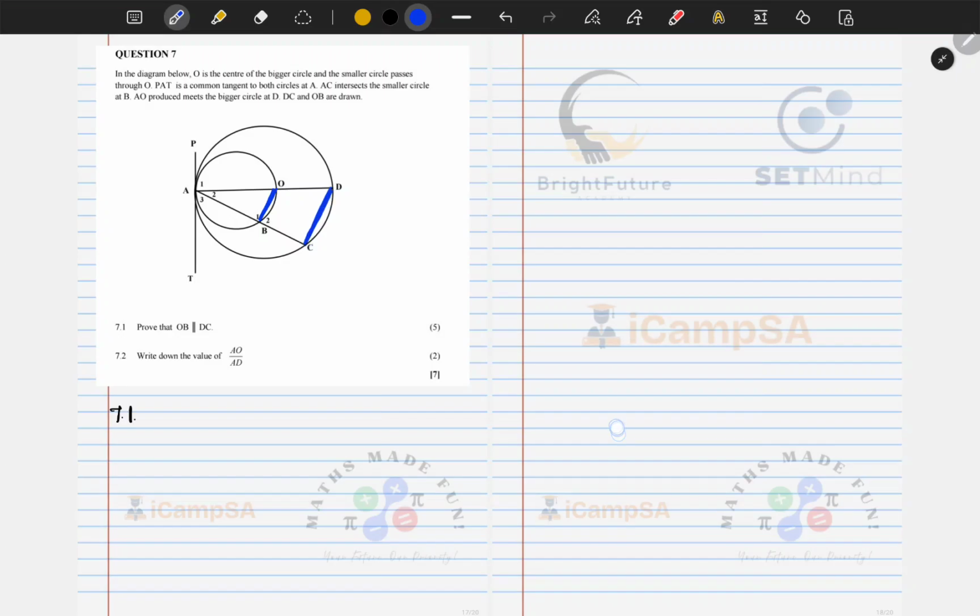So remember, in order for lines to be parallel, in order for OB to be parallel to DC,